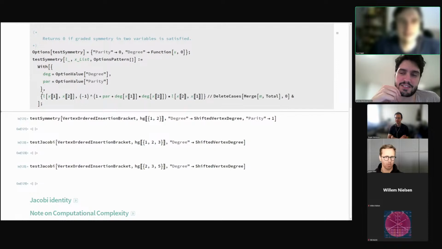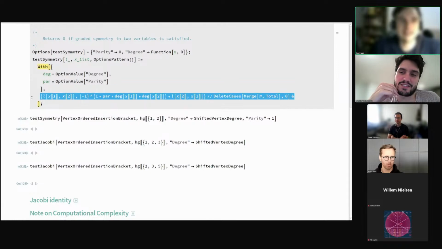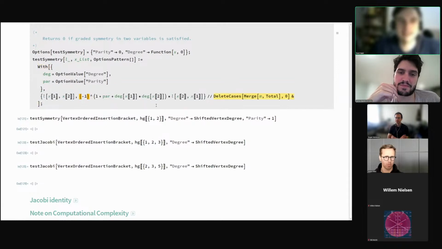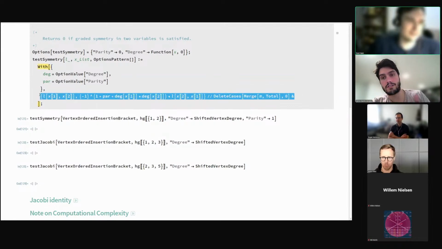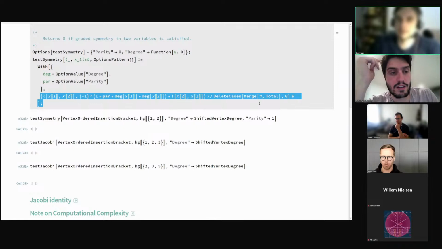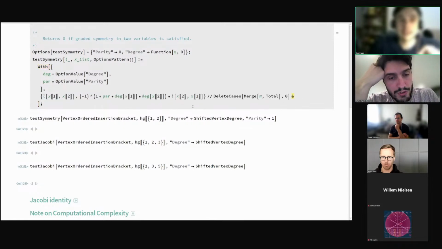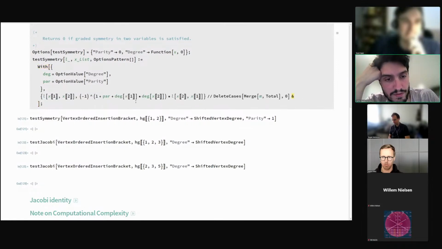But this is the graded case. I don't know how to take graded N-Lie, for example. If there is even such a notion like graded N-Lie, probably yes. Let me actually... Yeah, no, I was just going to say that when you check Jacobi, we can come back to this. Just go to the end of your presentation, and we can come back to this.